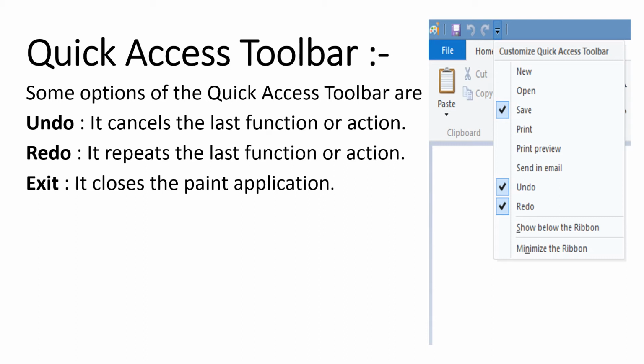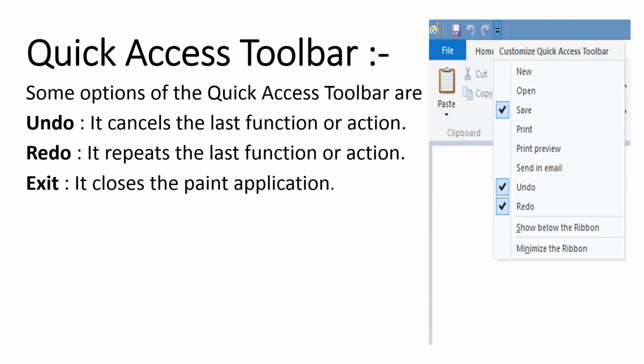Before exiting the paint application, you must save your drawing to get access to it easily after you again open the paint application, okay. And if you have not saved, suppose you forgot to save your drawing, then when you click on exit button, it asks you to save your drawing first, okay, whether you want to save it or not, fine. So it again asks you, okay. By clicking on exit option, it will help us to get out of the paint application, it closes the paint application, okay. These are some of the options which are present on quick access toolbar.